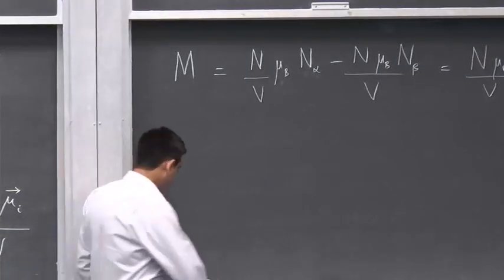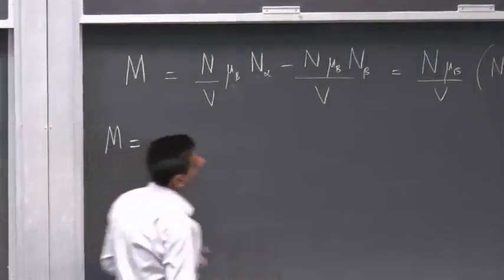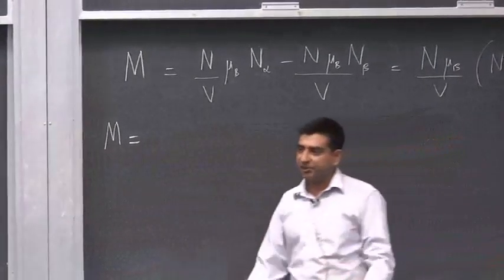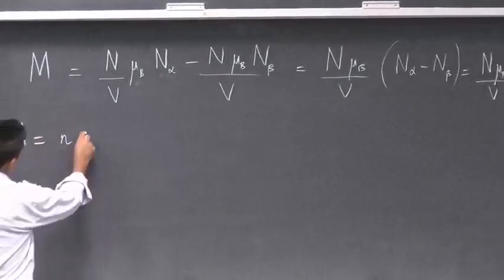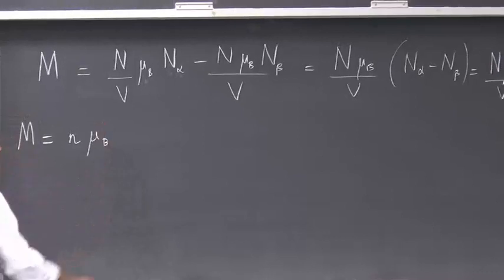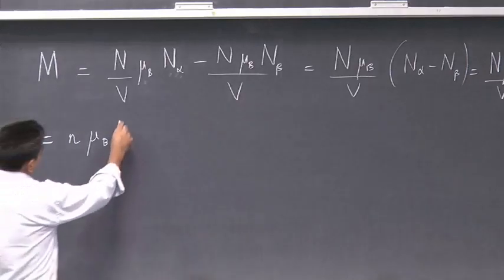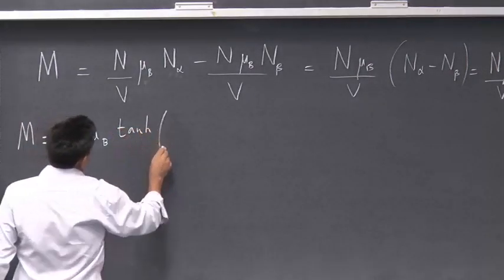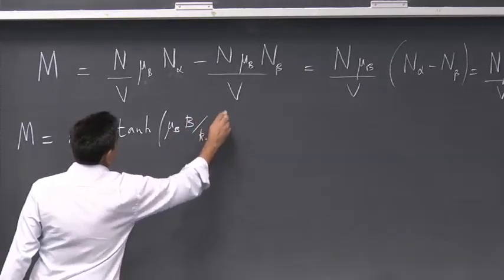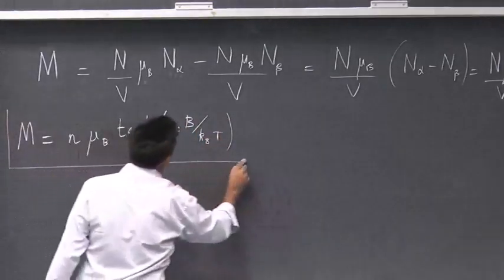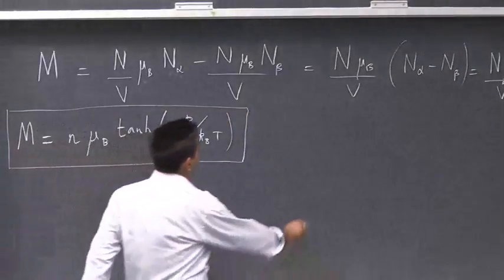Okay. And if you notice, we can simplify this further. The magnetization, this n over V is just the density of spins. I denote this by small n. Mu b is the moment of each spin, tanh(mu b B over kBT). We can plot this. I can show this to you on a computer, but not today. And if you would like to plot this,